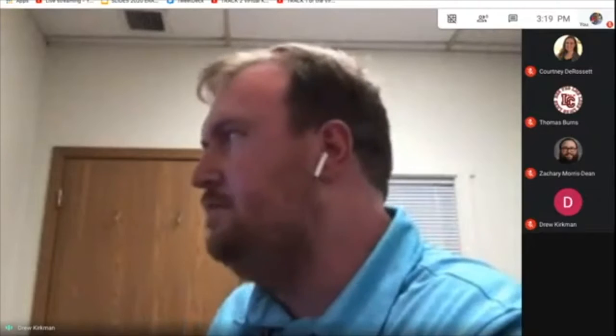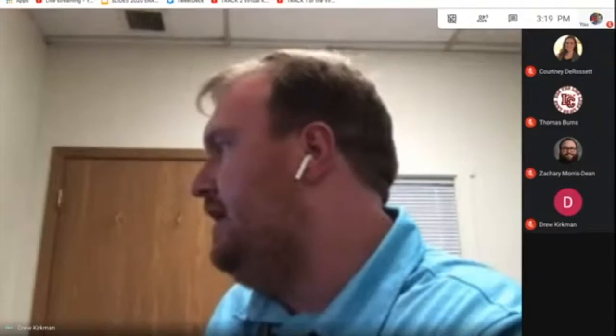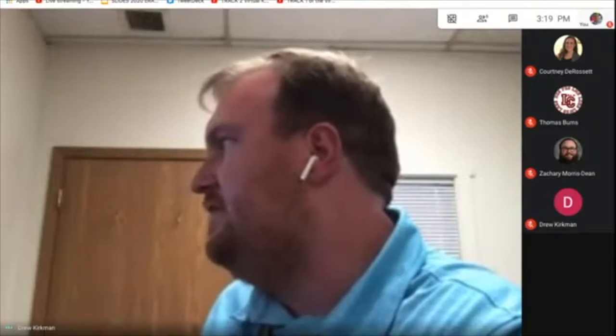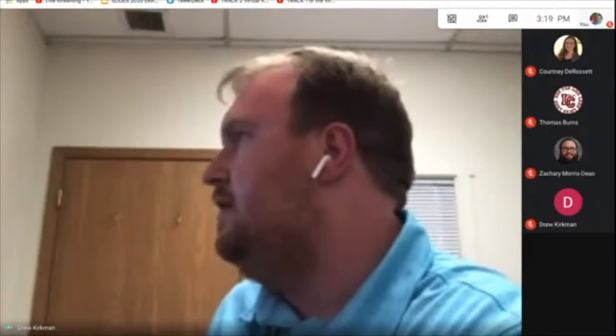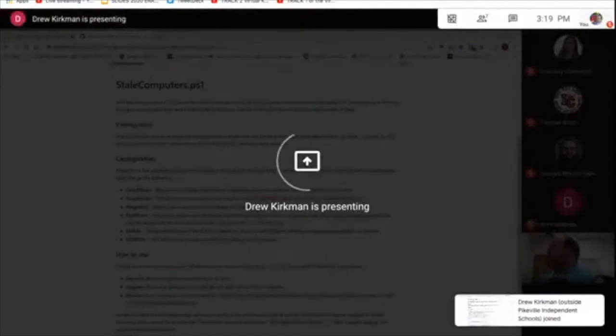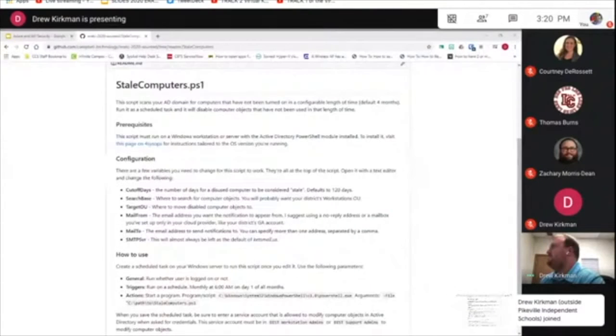that will scan your Active Directory domain for stale computers. Once again, it uses that PowerShell module for Active Directory, but you can configure this to look back a certain number of days. So in my example here, the script in GitHub, I set it to look back 120 days or 4 months or so. Because if a computer is not even turned on for 4 months,